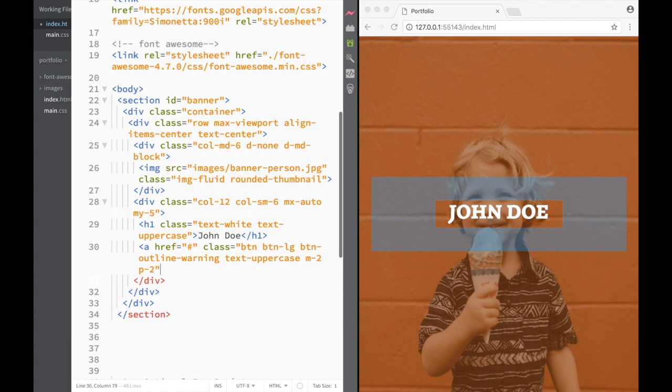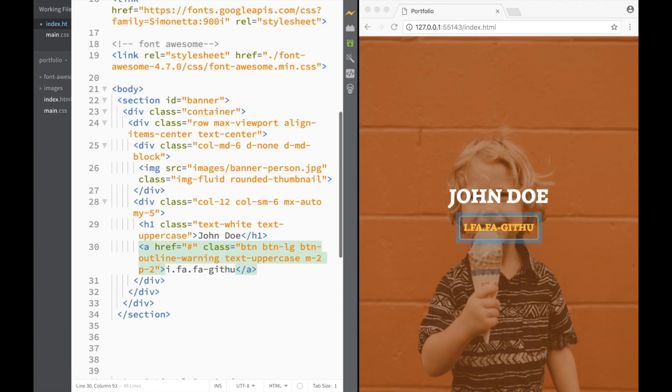So what we can do is place here GitHub. But before we do that, I want to place a Font Awesome icon. So I'm going to say this is going to be an i, with fa and fa-github over here like this, and this is also going to have a class of margin right 2. So now that we have that, you can see that I got my GitHub icon. And if we write GitHub over here like this,